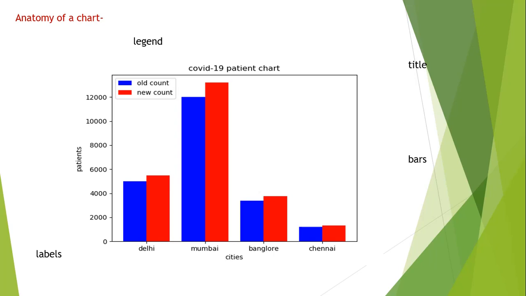Now, different things are there. First thing is the figure, which is not mentioned here. First of all, you need to listen carefully. What are the different anatomies? First is the figure itself. What is the figure? By default, Python plots every chart into an area that is known as the figure. As you can see here also, we have a figure which is plotted on a particular area, so it will be considered under figure.